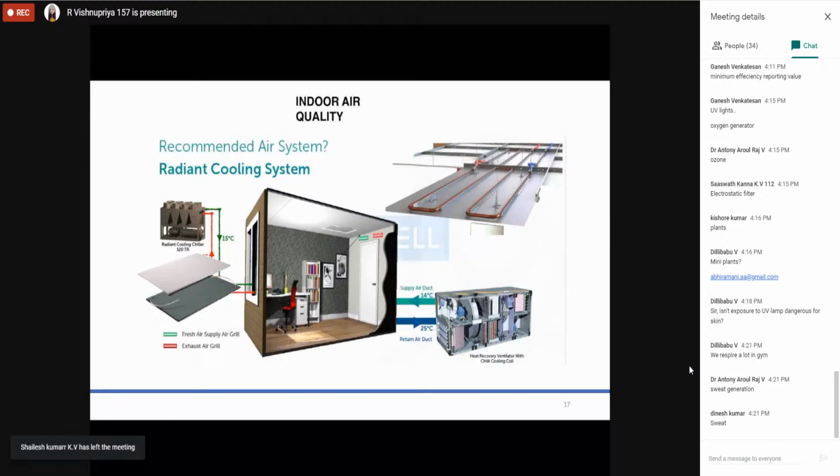But here in radiant cooling, we know the envelope load. So we lay the chilled water pipes along with the civil construction. During civil construction, I'll lay multiple pipes in the space, so that I'm covering them with concrete. The moment I run the chiller, the chill will be emitted from the wall. So directly it is stopping the heat in the peripheral area. The heat is being stopped directly, so I'm not giving any fans.